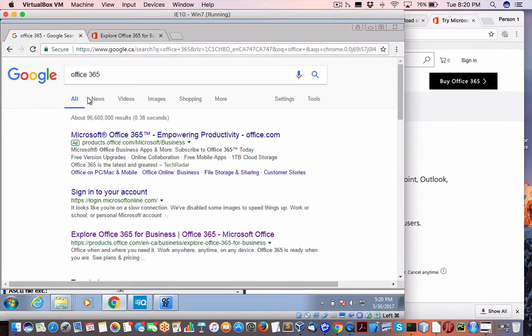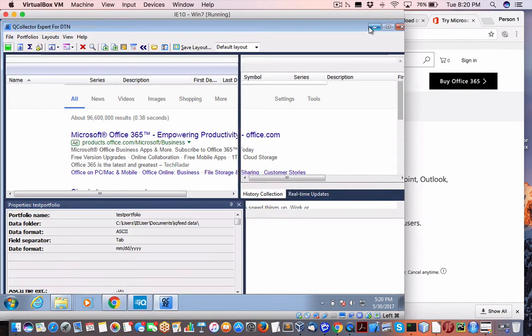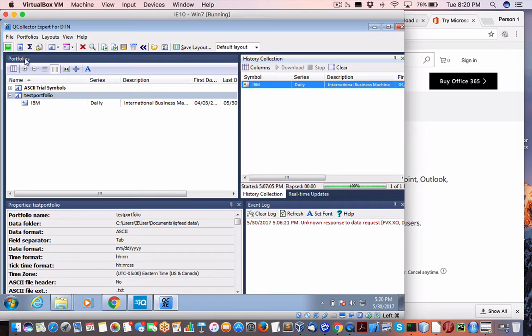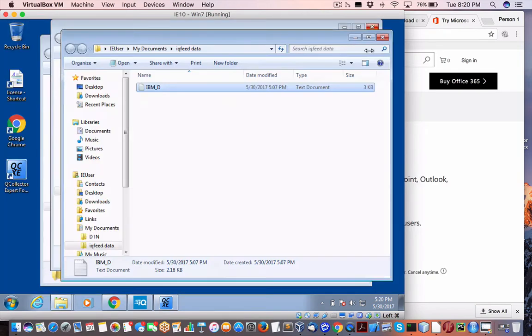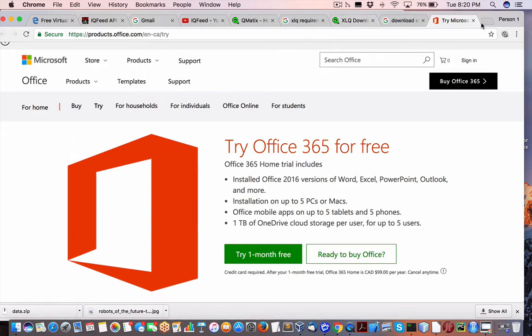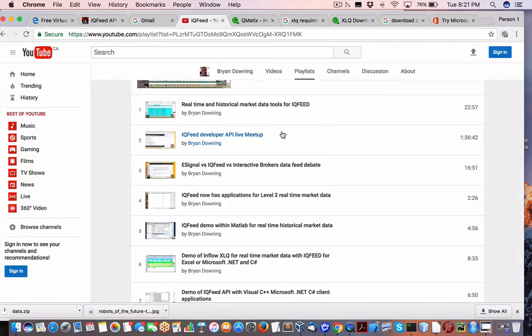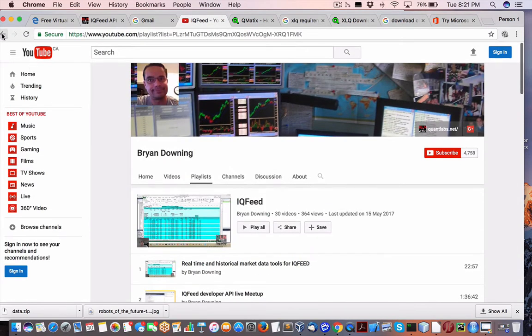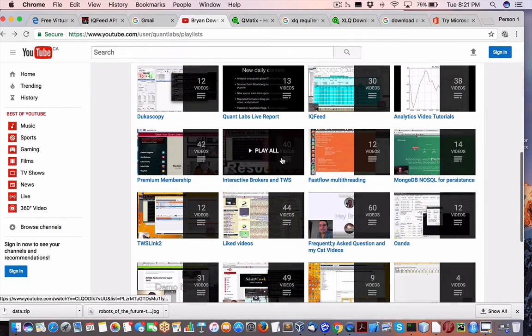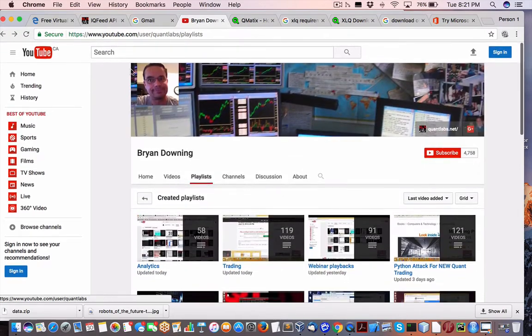Okay, so we are here in my virtual machine. What I want to add or just mention to you is this is the virtual machine. Over here is the host, which is the Mac. Alright, so let me just show you a few things before we continue to just save you from any confusion. I want to make sure you understand, if you're new to my whole process, if you come under